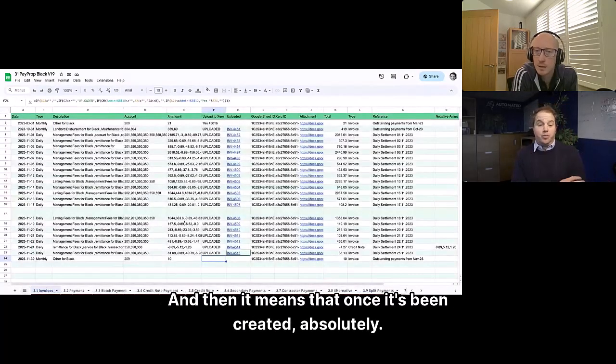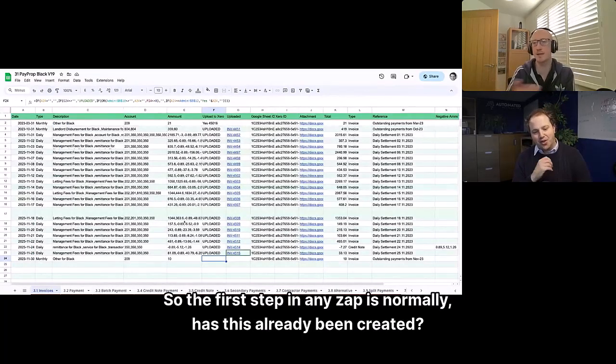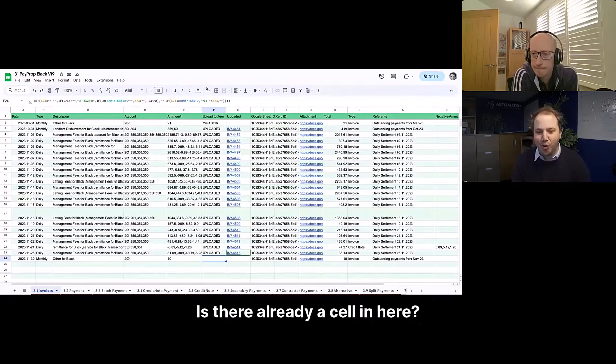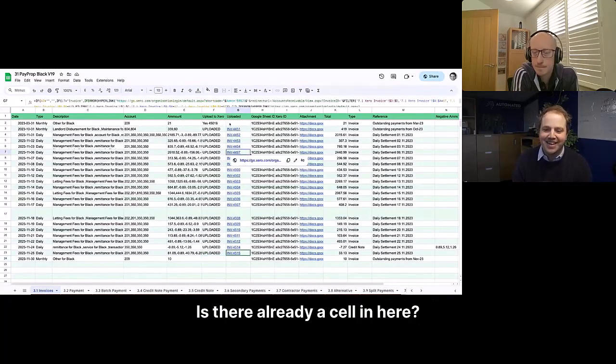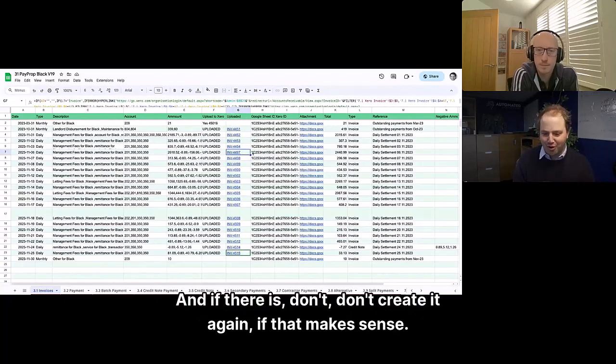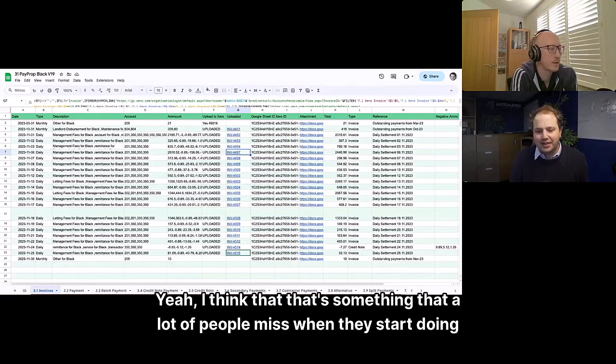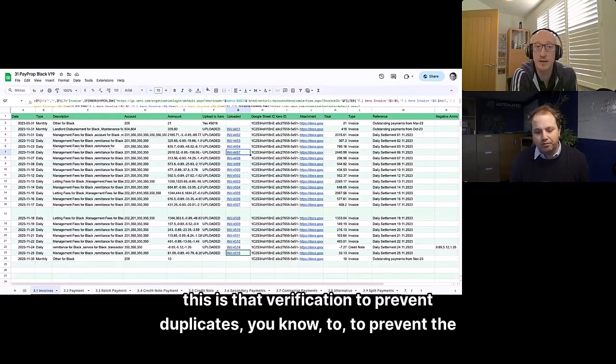So once it's been created, that's your verification process, right? That's where it comes in. The first step in any Zap is normally, has this already been created? Is there already a cell in here? And if there is, don't create it again, if that makes sense. Yeah, I think that's something a lot of people miss when they start doing this, that verification to prevent duplicates.